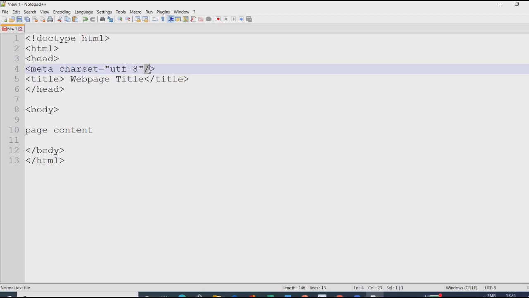Now, one of the basic HTML rules, which we can see with the meta tag, is that it has an additional part to it. Here we can see charset equals UTF-8. This is called an attribute, and it allows you to add options to the main tag.